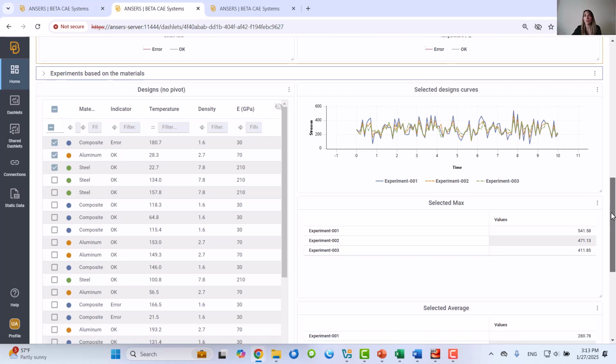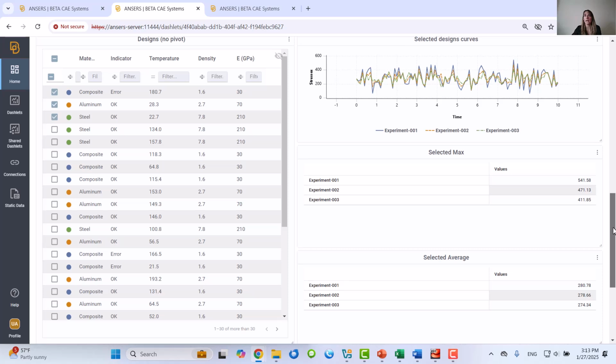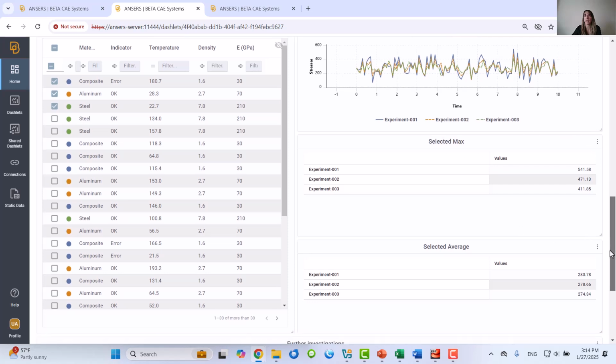And we can calculate several statistical values for each experiment. In the table panel, new aggregation options are now available that can show maximum, average, standard deviation of these large datasets. So how does the pivot transformer work?